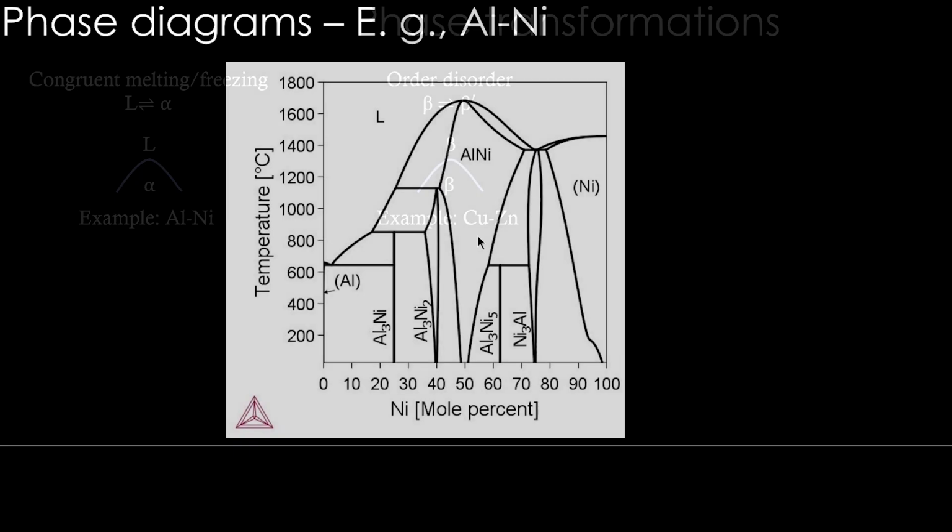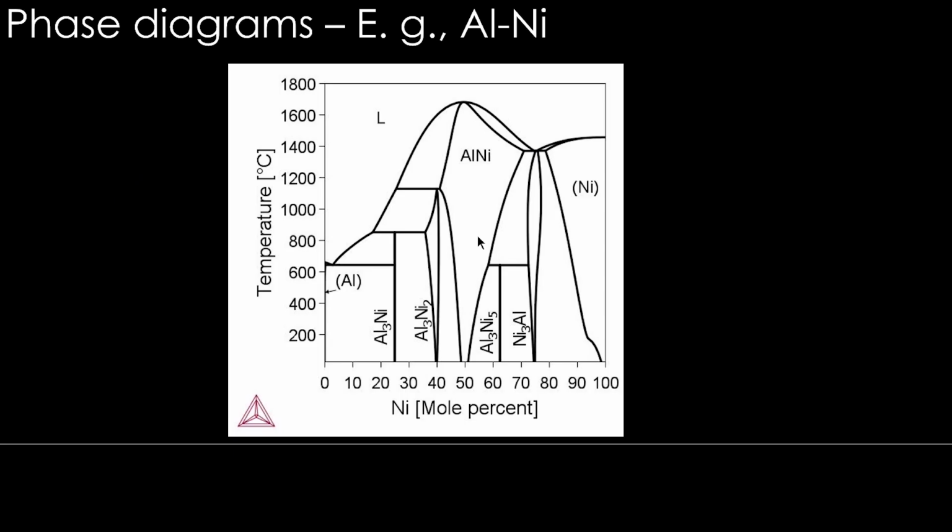So now that we have looked at different reactions and transformations, let's take a binary phase diagram and try to identify these patterns so that we are familiar with these reactions. That would be a good exercise to do. Okay, so one side we have aluminum here, the other side nickel, and there are many horizontal lines and many intermetallic phases in AlNi system. We have seen this phase diagram before.